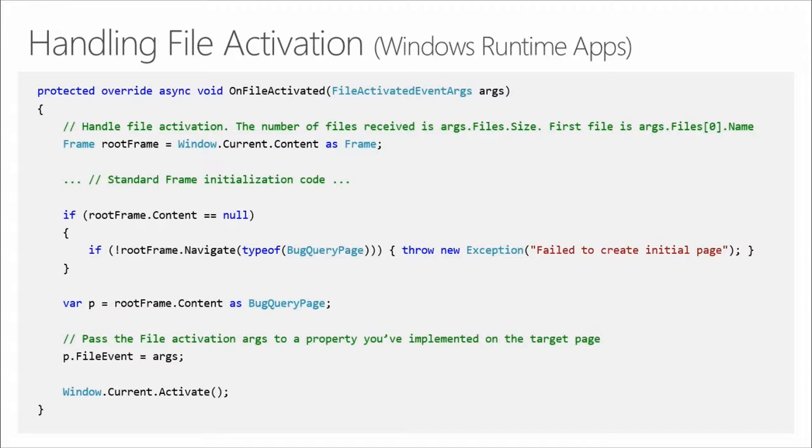But then after all the standard frame initialization code, you have this bit of code at the bottom here, where you navigate to the page that's going to handle it. So we're going to a page called BugQueryPage.xaml here. And then after you've navigated to it, you then need to pass the file to it. The way to do that is, when you're coding up your bug query page, put a property on it. And in this example, we've called it